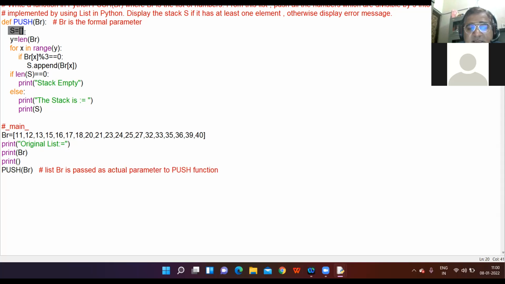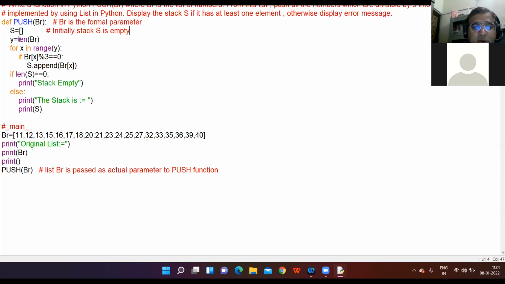This is the declaration of the stack. Initially my stack is empty. Initially stack S is empty. We are to fill it. How are we to fill it? With all the numbers which are divisible by 3.